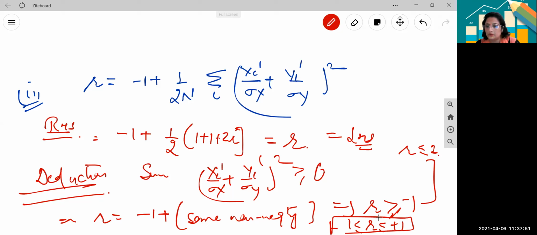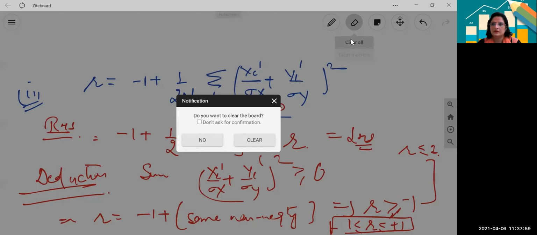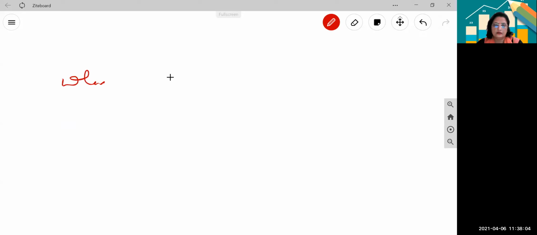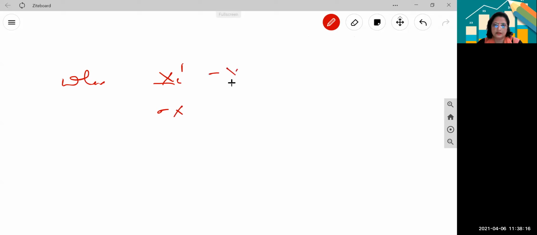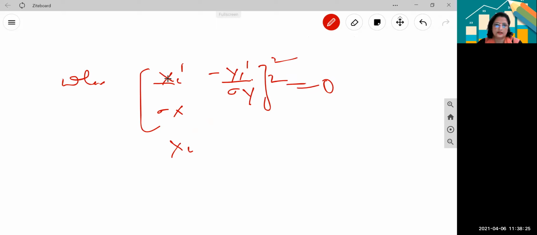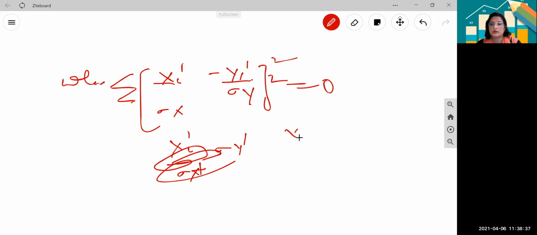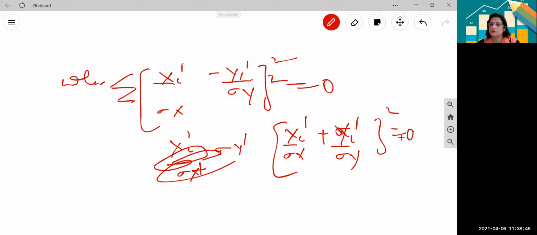So this we wanted to prove, and when the equality holds, ये मैंने आपको पहले ही बताया, ग्रेटर देन और इक्वल टू, लेस देन और इक्वल टू कब आएगा, जब इन एक्सप्रेशन की वैल्यू 0 हो जाएगी। So when the value of this expression becomes 0, summation of (xi minus yi dash) upon summation of y its square, ठीक है जी, this is equal to 0, xi its whole square. देखो, अगर अंदर वाली एक एंटिटी 0 हो गई मतलब समेशन भी 0 हो गया, ठीक है। और सिमिलरली ये भी हो जाती है, xi dash upon sigma x plus yi dash upon sigma y its square is equal to 0। जब ये 0 हो गया तो r की वैल्यू क्या हो जाएगी, -1 plus 0,